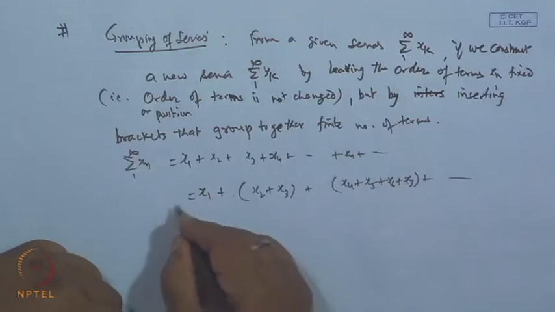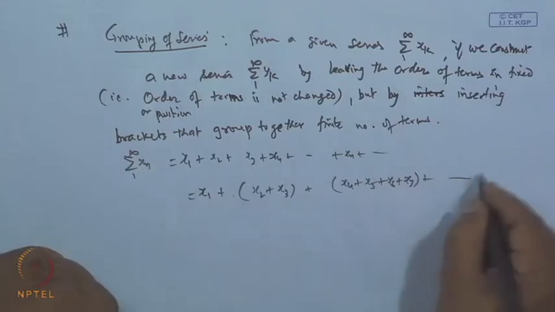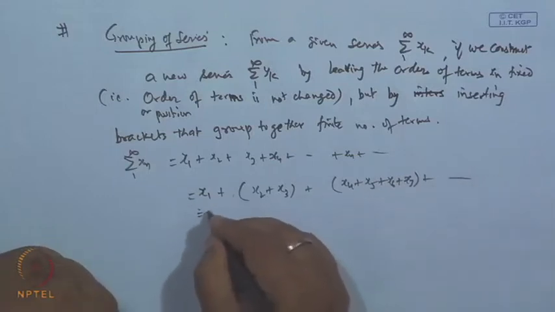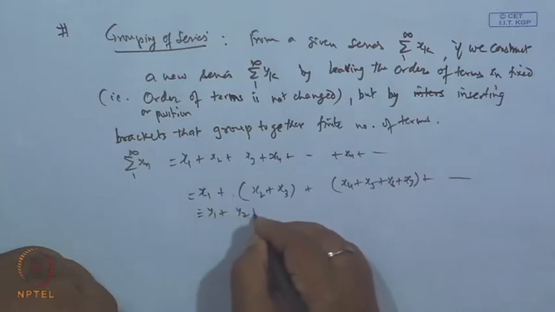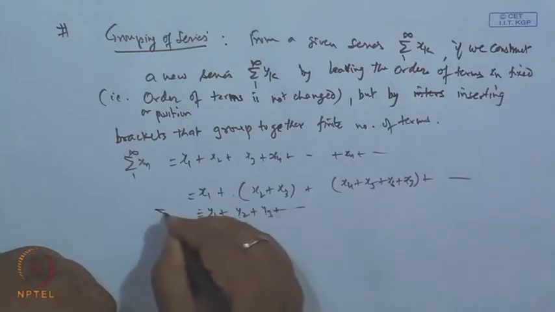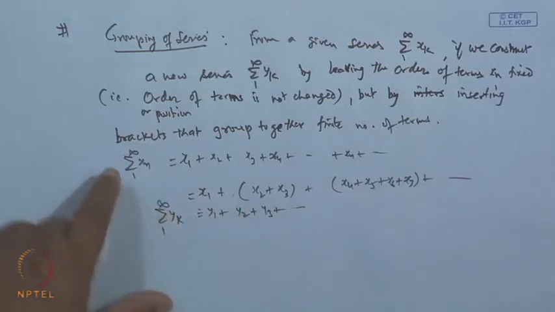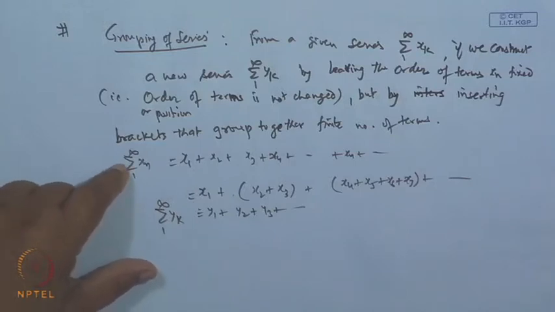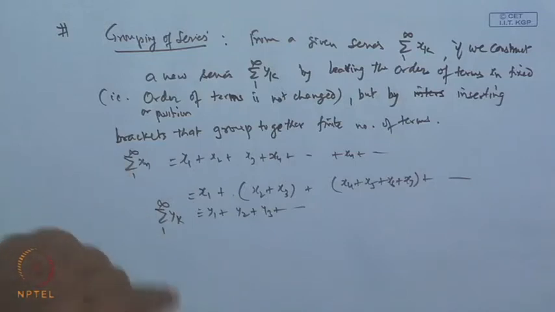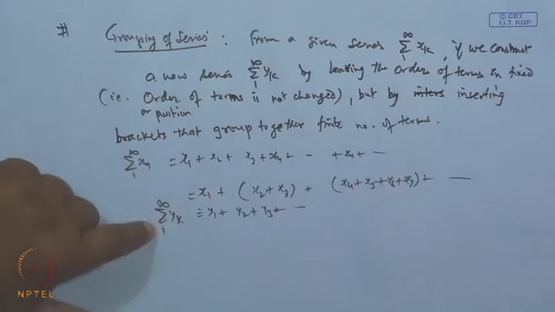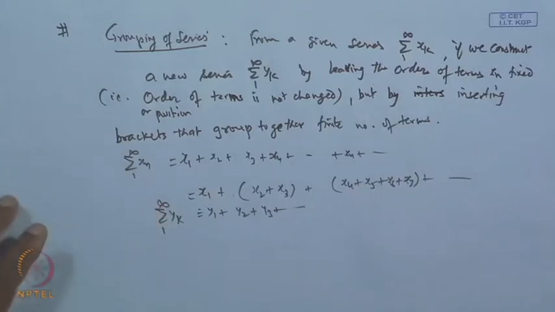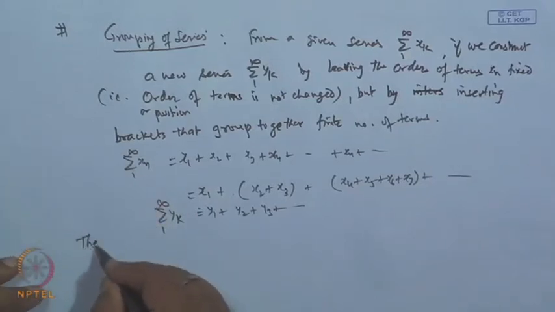So, this new series which is obtained is equivalent to y 1 plus y 2 plus y 3 and so on. This series sigma y k, k from 1 to infinity, is called the grouped series corresponding to x n; a new series is obtained. Now, the nature of these two series will remain the same. So, that is the result; the result says